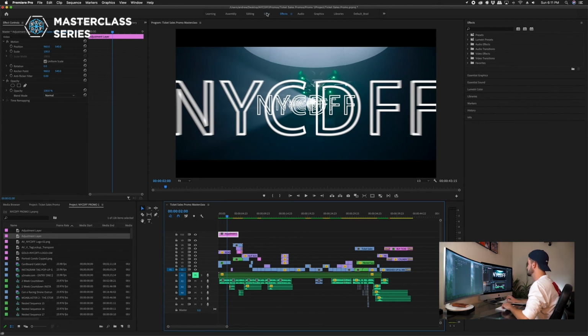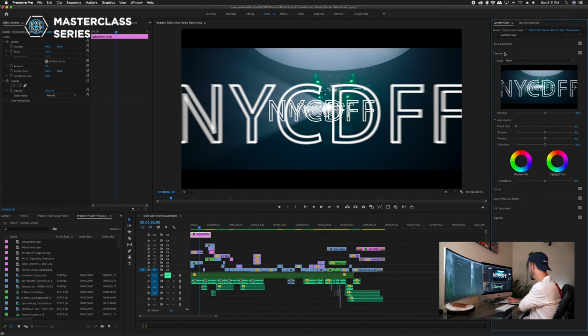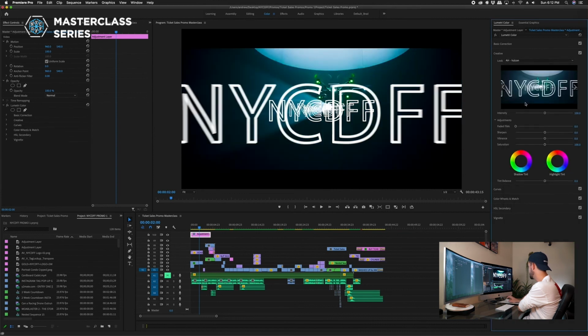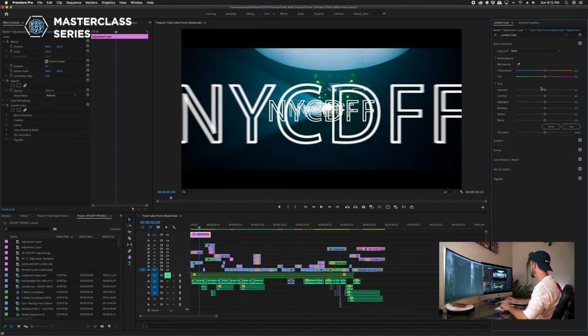We'll go up top and switch to the color editing panel, and then that brings up the Lumetri colors. So what I do is I go into creative. I have some saved LUTs. Let's just say we want to add Vulcan. You see how that changed the colors there? You can change the intensity of what this LUT does, and a LUT is basically like equivalent to an Instagram filter. It gives it a predetermined look, and you set that so okay, maybe 50% intensity looks good, and then you go up to basic correction,